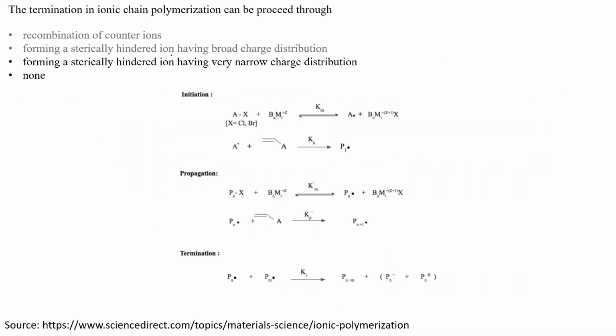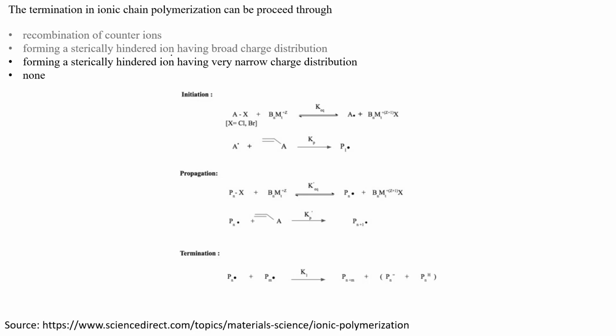So the first question is, the termination in the ionic chain polymerization can be perceived through, we have three options here: recombination of counter ions, formation of a sterically hindered ion having broad charge distribution, forming a sterically hindered ion having very narrow charge distribution. Here you can see a reaction scheme with the three steps of initiation, propagation, and termination. Ionic chain polymerization proceeds in the same way as a chain growth polymerization with a